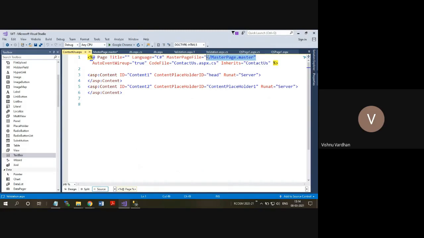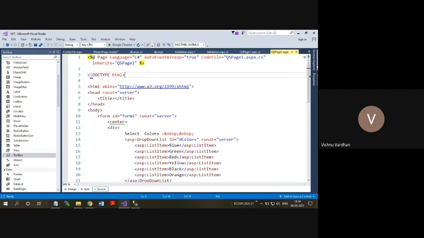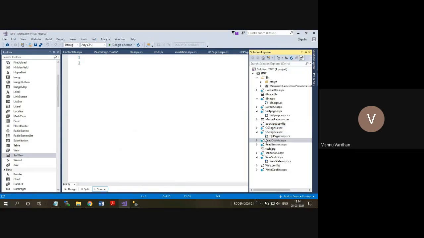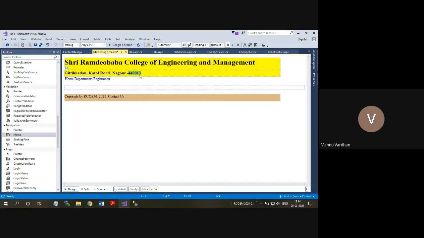So there is no need to modify by going to each and every page, opening the page, doing the correction there, and again going to another page and doing the correction there. This will be simply limited, and your flexibility, manageability, and development time will be reduced, and you are going to have a very neat way of implementing web applications. So that is the advantage of having master pages.